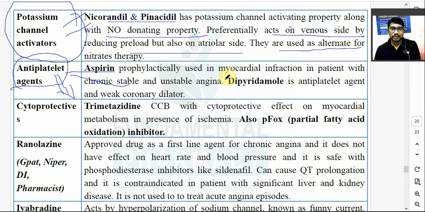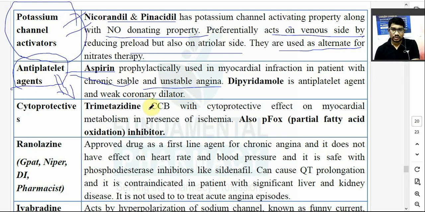They are used prophylactically in myocardial infarction in patients with chronic stable and unstable angina. तो क्या होता है कि अगर किसी को मायोकार्डियल इन्फेक्शन हुआ है तो उसको एस्पिरिन दे दो। एस्पिरिन देने के कारण क्या होता है कि जो आपका प्लेटलेट एग्रीगेशन हो रहा है वो होने नहीं देगा और क्लॉट बड़ा नहीं होगा।